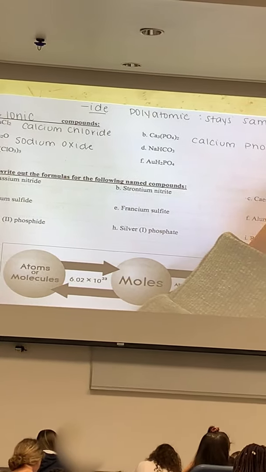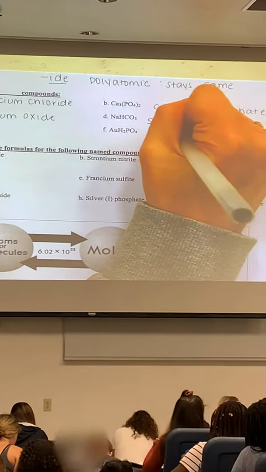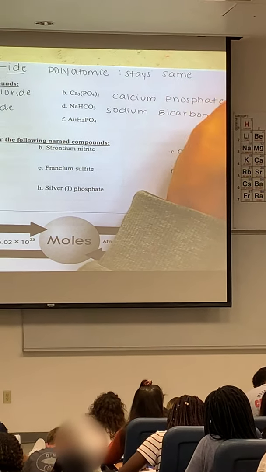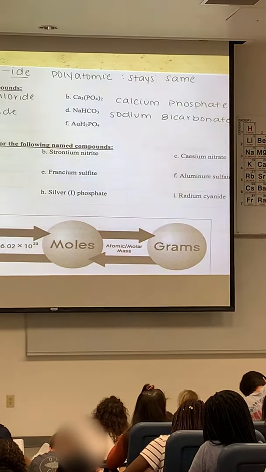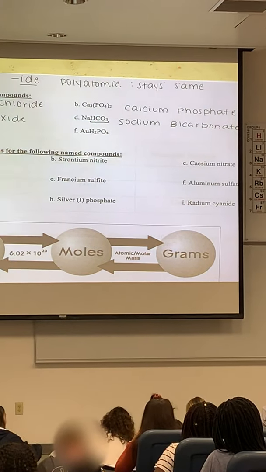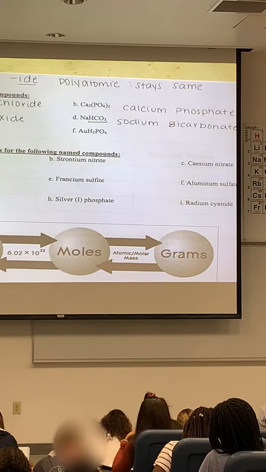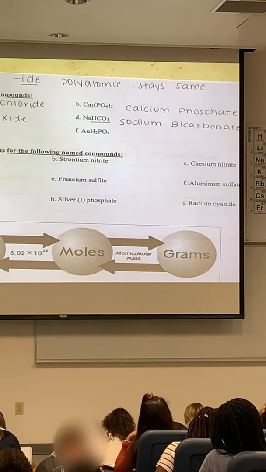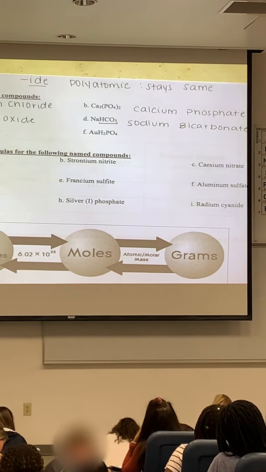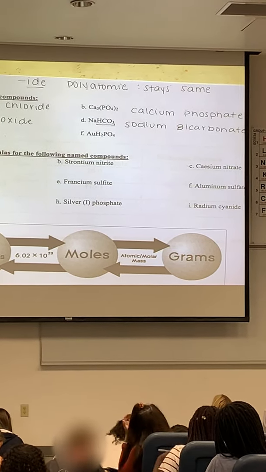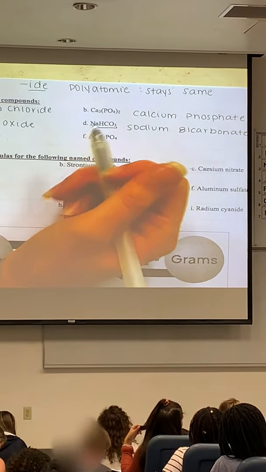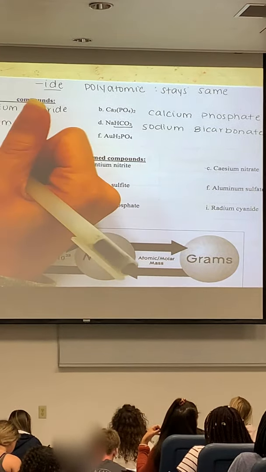NaHCO3. So there's sodium bicarbonate is one of the names. Another name, sodium hydrogen carbonate. So HCO3 minus has two names, bicarbonate or hydrogen carbonate. You have to know both. I'm not going to write out the other one. Actually, you just have to be able to recognize both because it's multiple choice. Sodium hydrogen carbonate. AlClO3,